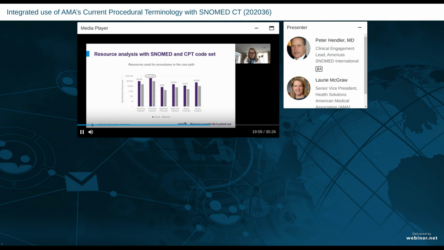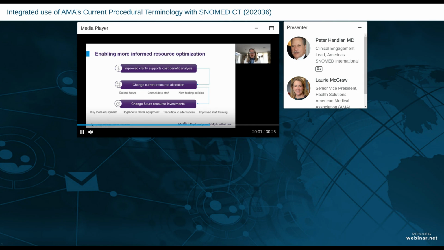Now, SNOMED with CPT, we can't do the optimization analysis for you, but these terminologies do enable it. A health system leader has many options to change how resources are allocated, such as extending hours or consolidating staff or adopting new testing policies. In each case, they can use SNOMED with CPT to measure resource utilization of each of those options to determine